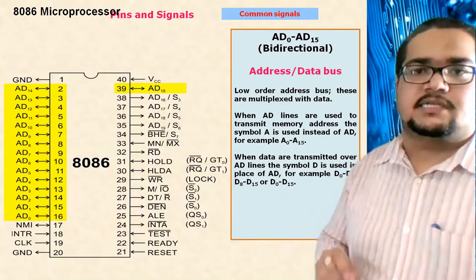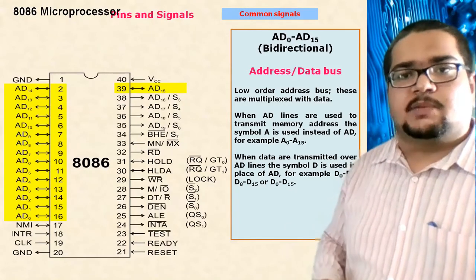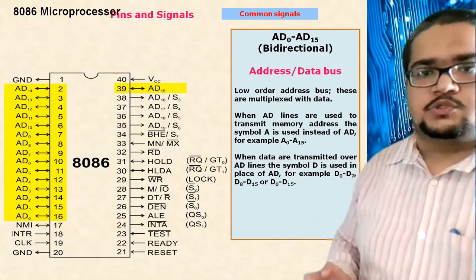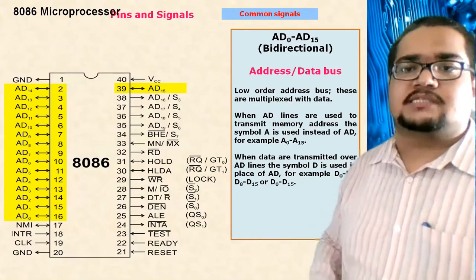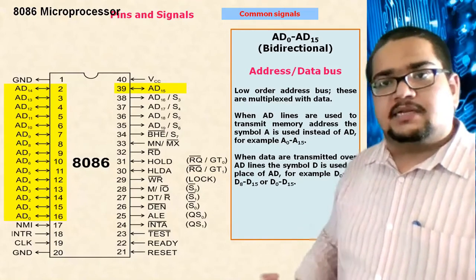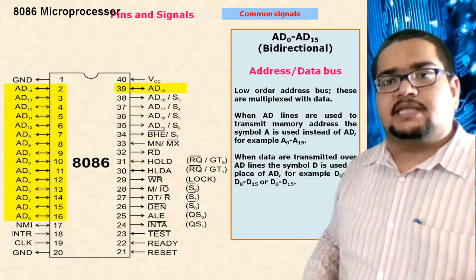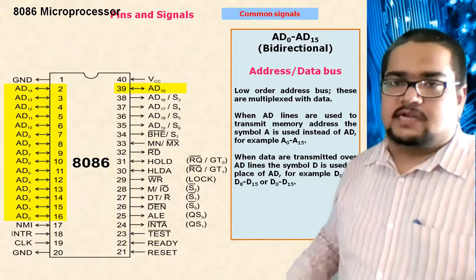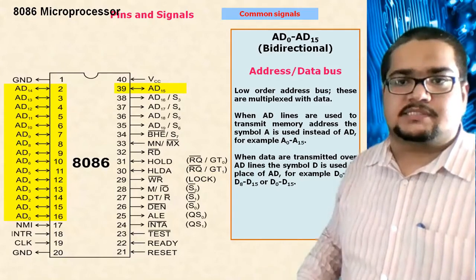At one instance of time, this bus will be acting as an address bus. So whatever content is there on these lines, that will be address. At another instance of time, whatever is there on these lines is data. So that we can refer to as a data bus. Now,